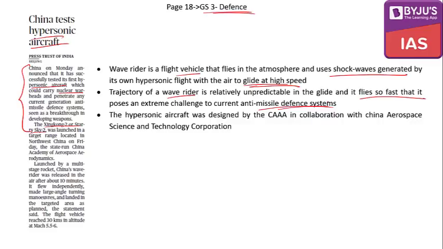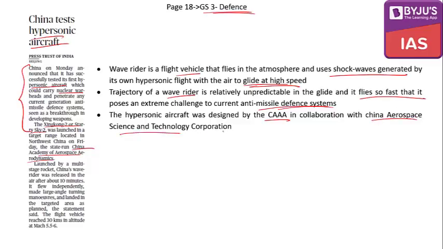So there are a number of anti-missile defense systems. These anti-missile defense systems that are currently existing will not be able to actually recognize this particular warhead that is coming, simply because it is very fast and at the same time it has different trajectories that it has been taking. So this hypersonic aircraft was actually designed by CAAA, that is the China Academy of Aerospace Aerodynamics,